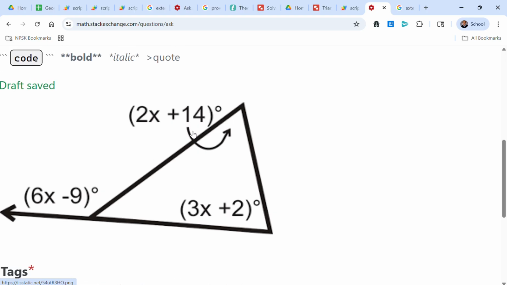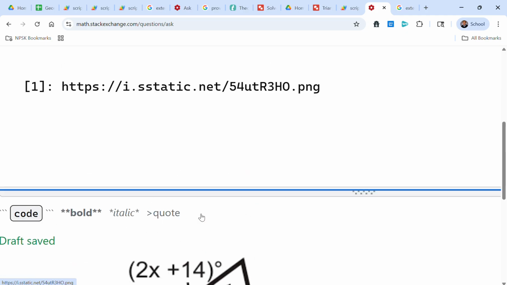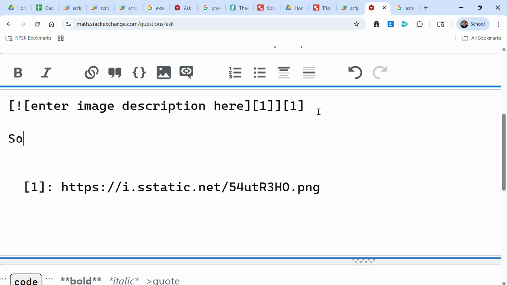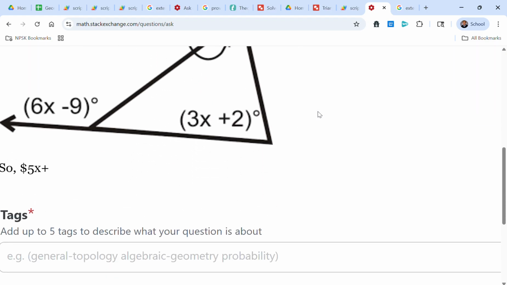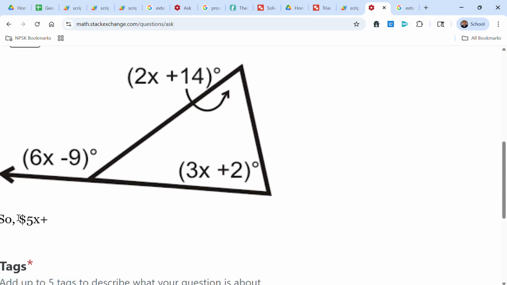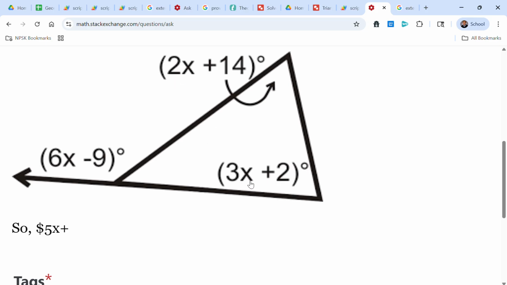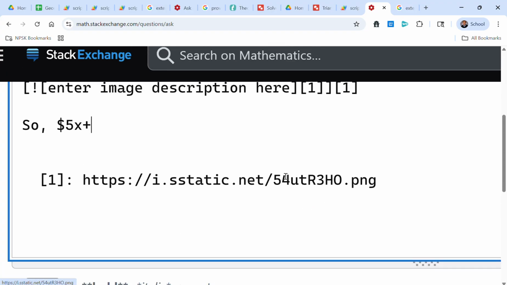So what we're going to do is, we know that this plus this add up to this over here. So 2x plus 3x is 5x. So I'm going to go over here and write, ignore the dollar sign here, but we know that 2x and 3x is 5x. And then 14 plus 2 is 16. So I have 5x plus 16 equals